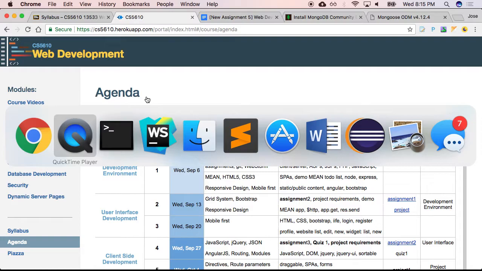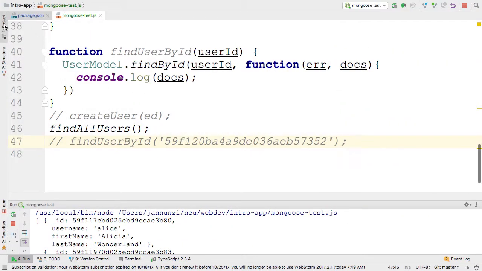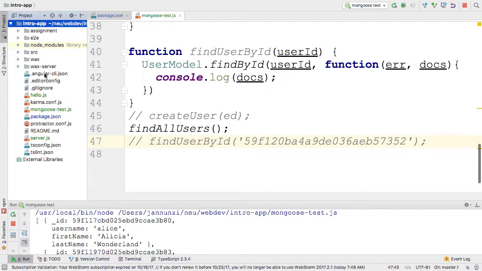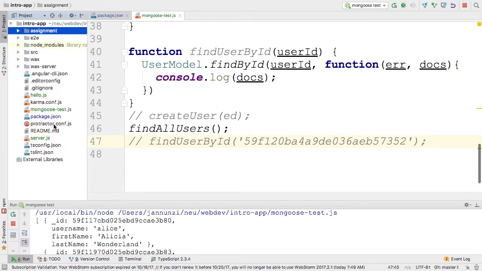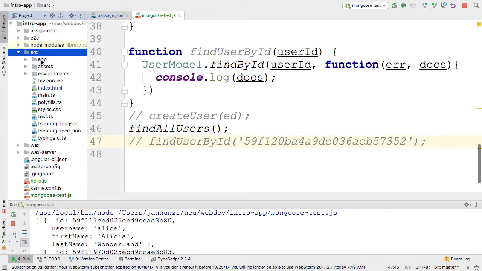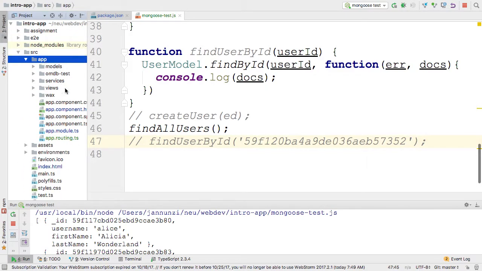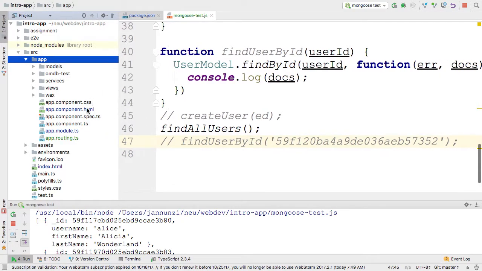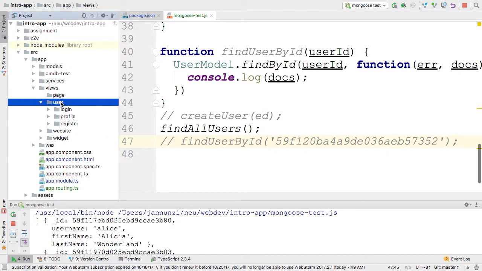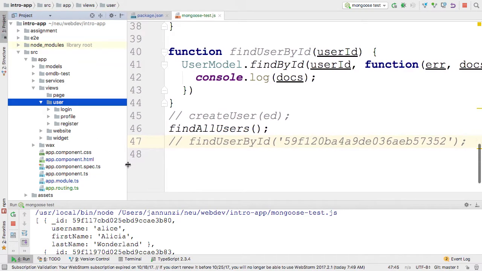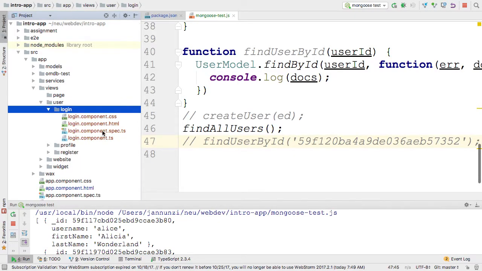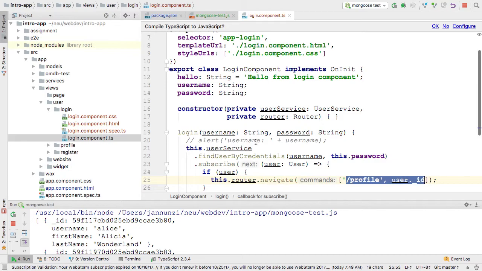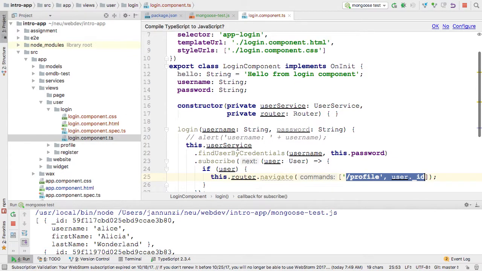In our application, on the client side, we have several components that deal with each one of the data types: the users, the websites, the widgets, the pages. For instance, login first allows us to type in a username